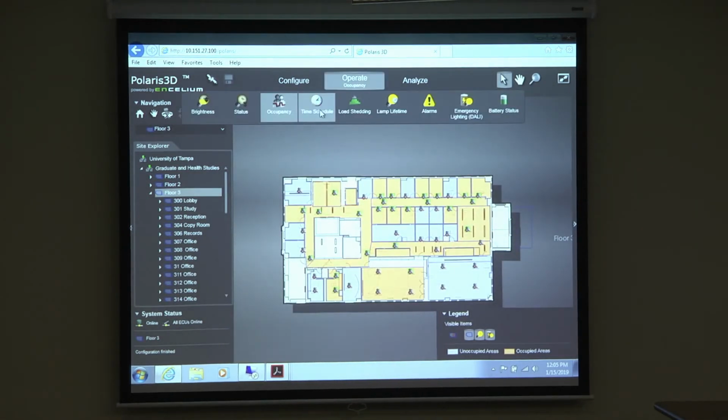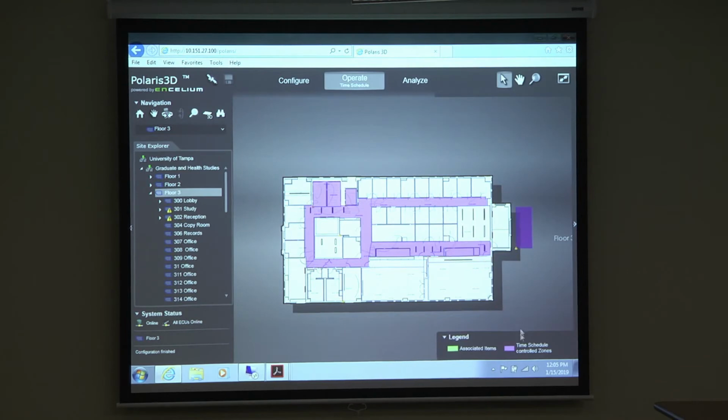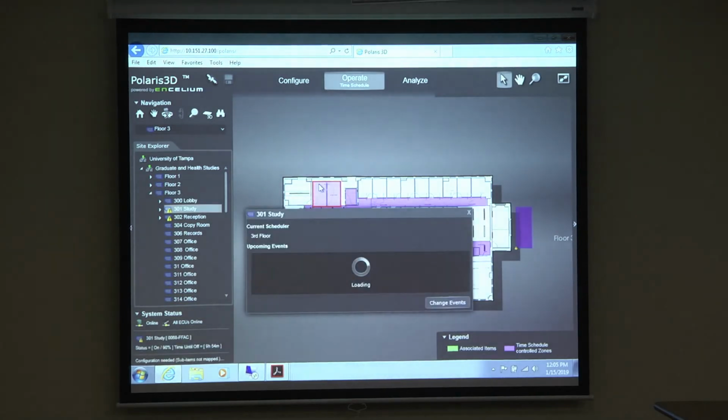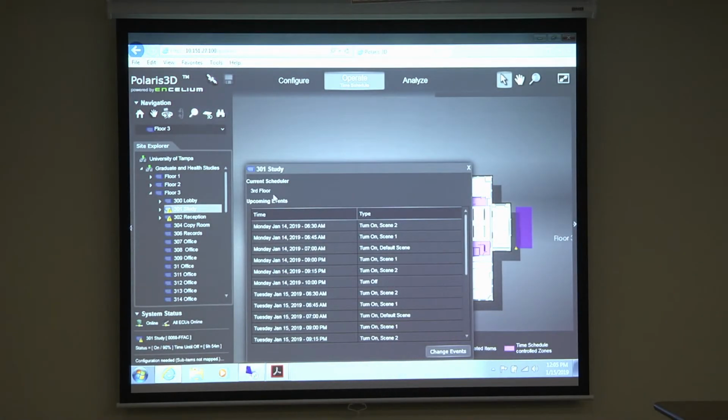The other mode here is time schedules. Click on time schedules, and this gives you a color gradient, which is purple, and it says right here, time schedule control zone. Anywhere that has this color, purple, it's time schedule control. For example, if I click on this space, the 301 study,